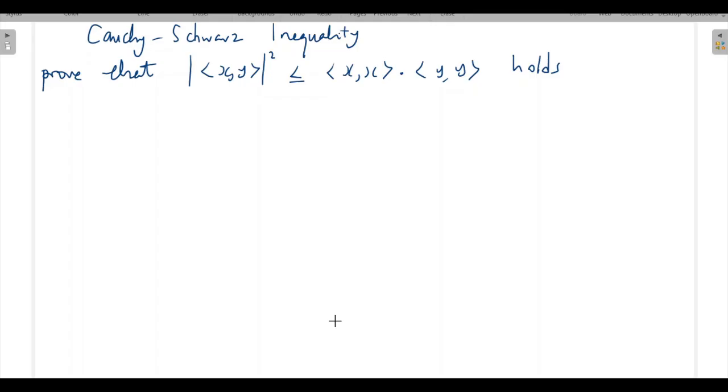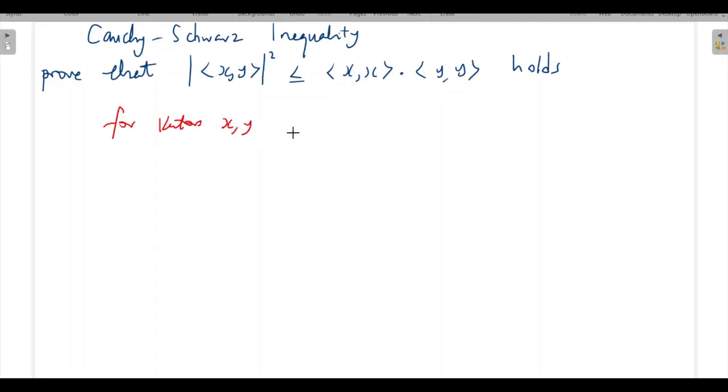The Cauchy-Schwarz inequality states that the magnitude of the inner product of x, y is less than or equal to the square root of the inner product of x with itself times the inner product of y with itself. So to prove this, you need to understand the inner product properties. Now, for